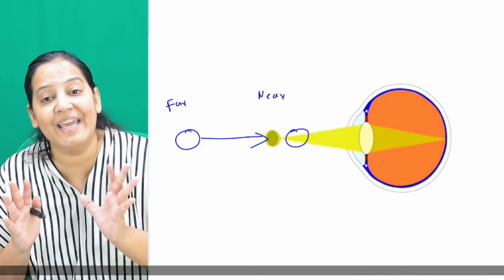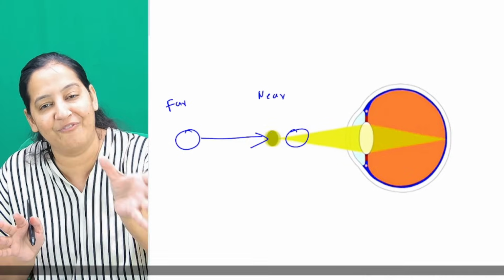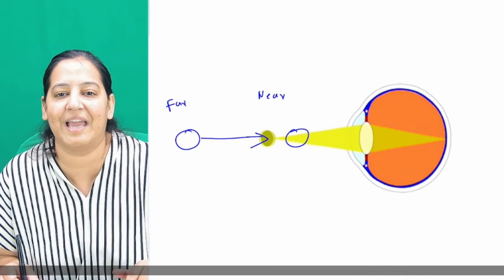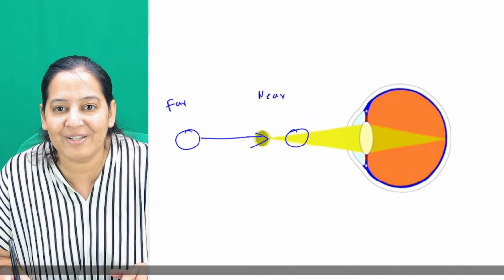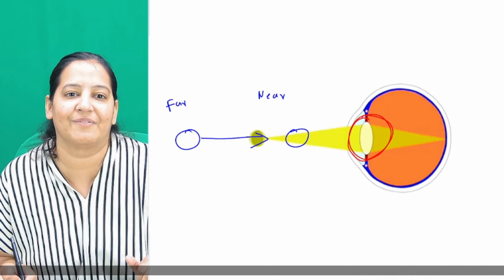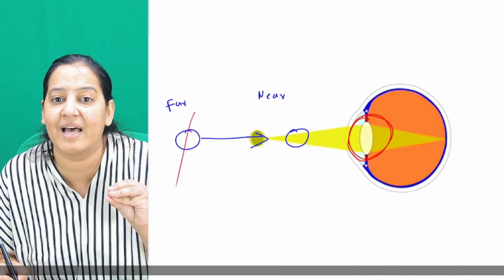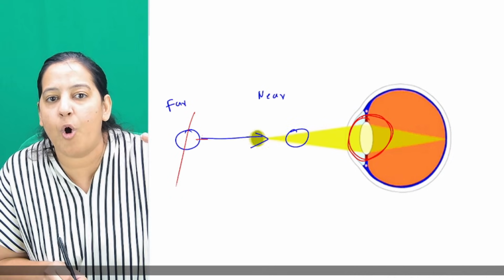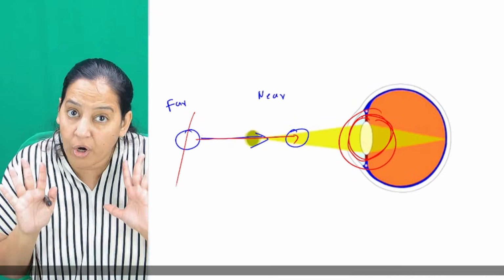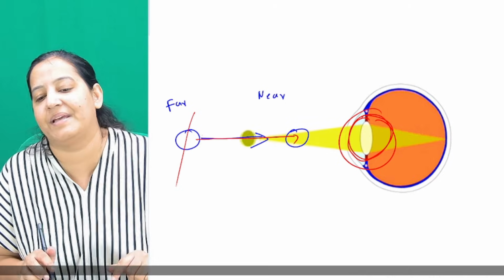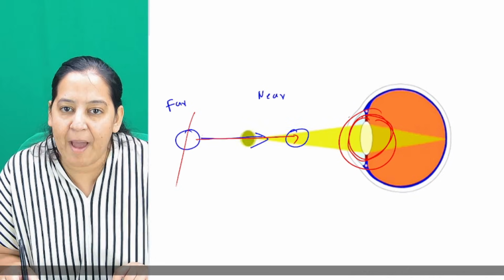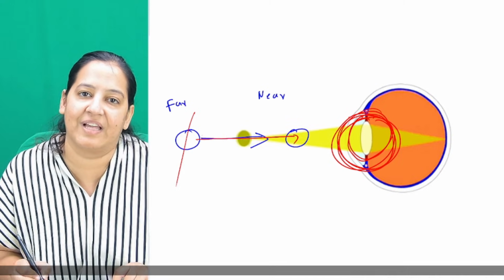At that time, don't focus on the object, focus on the thickness of the lens. In this video, focus on the thickness of the lens. Can you see the thickness of the lens? Appreciate this area of the video. Appreciate when the object is far, the lens is flat. And appreciate when the object is coming closer, the lens is becoming thicker. So that's what accommodation actually means. How many of you got it? This is the best video I can give you on accommodation. Appreciate the change in thickness of the lens.